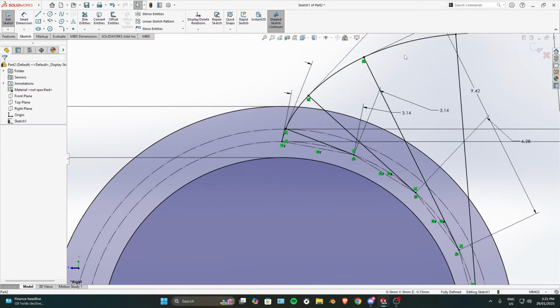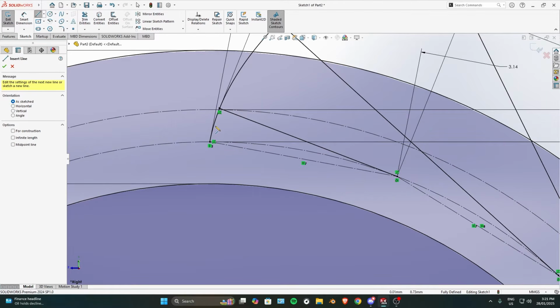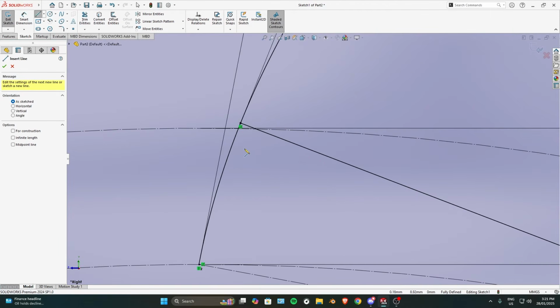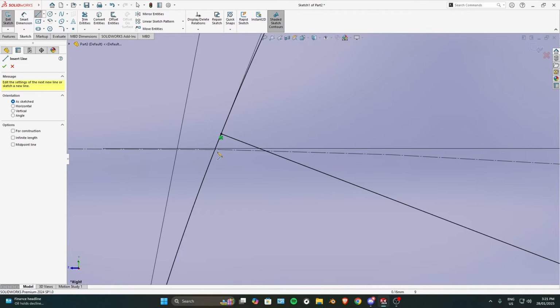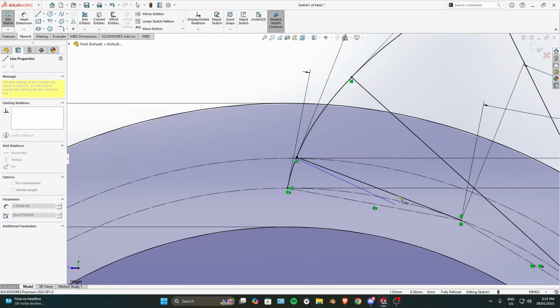Okay, so now that our curve is ready, let's go ahead and click on line, and this is our pitch circle, by the way. So make sure that you are on the right circle and not on the base circle. Let's hover over both of them, and as you can see it generated a new arc-like icon. So I'm just gonna click it, and click it again somewhere far away on my pitch circle